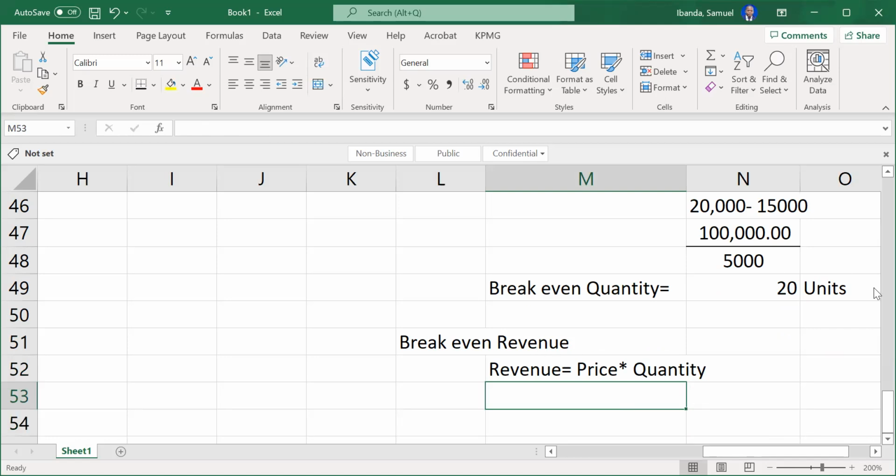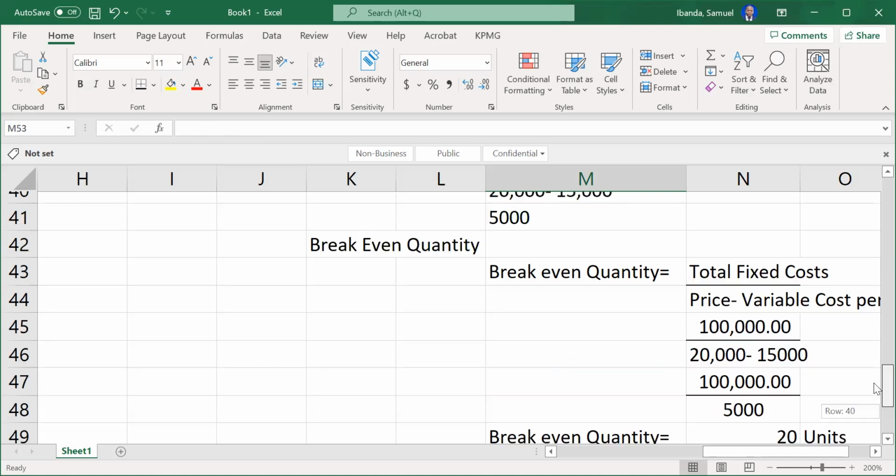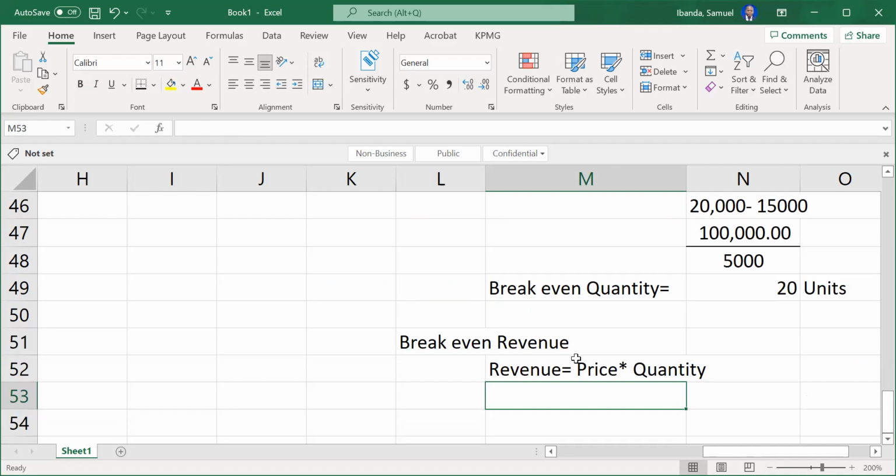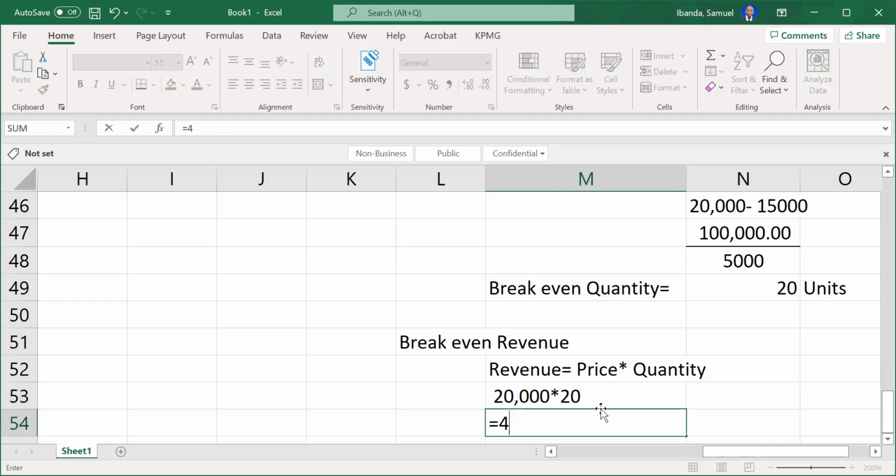And price, we have a price per shirt, which is 20,000. So this means that this will be 20,000 times our break-even quantity. Now, in this case, we already have a break-even quantity, okay? Because when we're calculating break-even revenue, where there's quantity, we use the break-even quantity. So here we can multiply directly and come to our